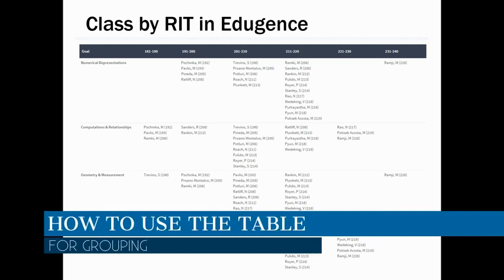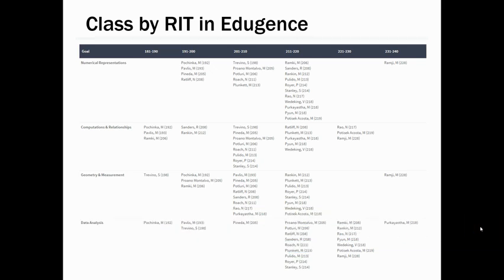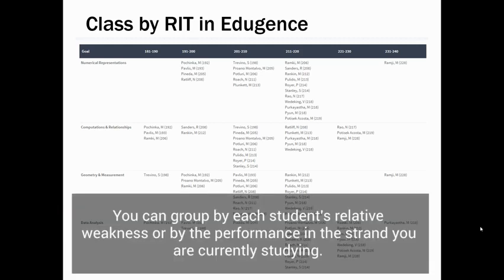This chart can be used to group students for different learning opportunities, including identifying concepts and skills that most students are ready to learn, compare concepts students are ready to learn with what is appearing next in the curriculum, develop plans to scaffold students from where they are ready to learn and where they need to be, planning small group instruction, grouping by relative weaknesses, planning partner work, group by performance in the strand you are teaching, planning stations, grouping